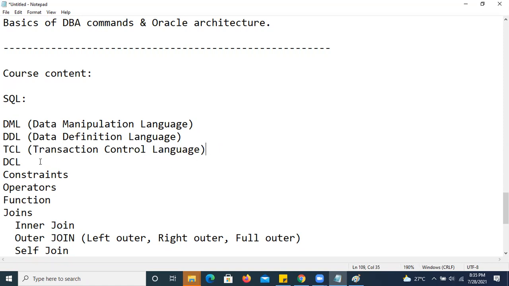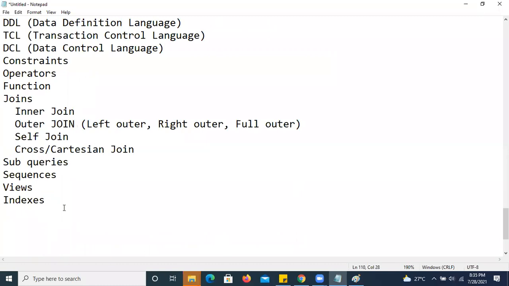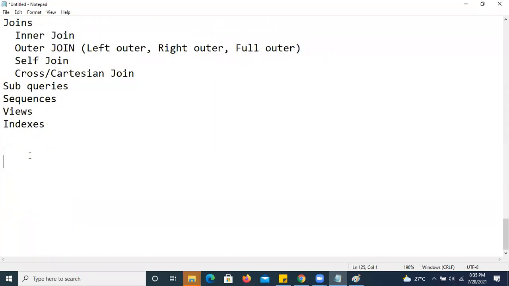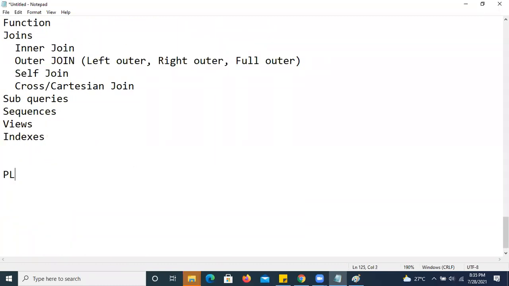TCL is transaction control language. DCL is data control language. Now, when it comes to the PLSQL,